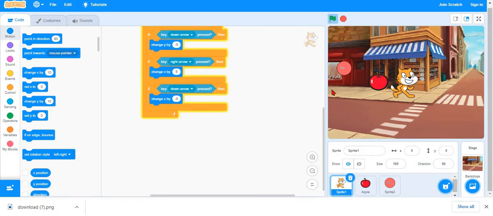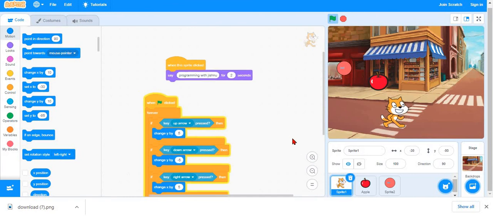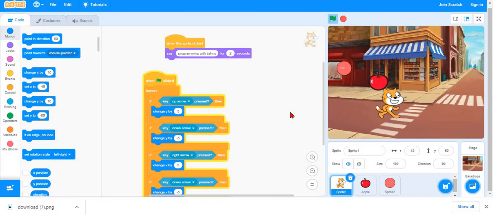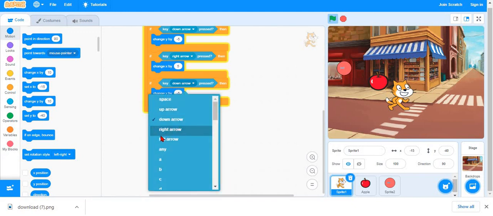So I click the flag. When I click the sprite, it will say programming with Jishnu. When I move it, it will move. Put this left.